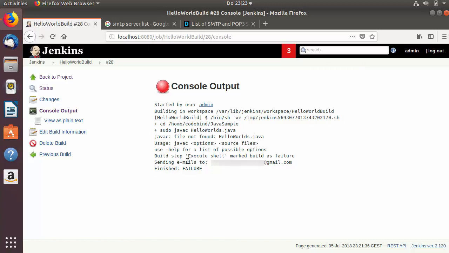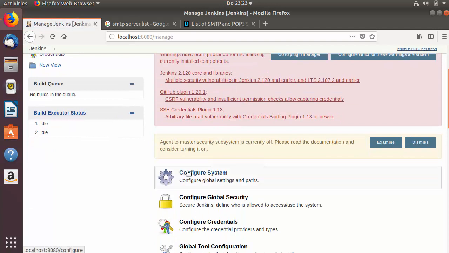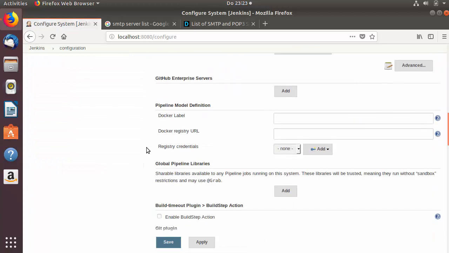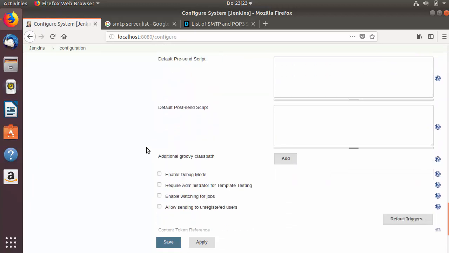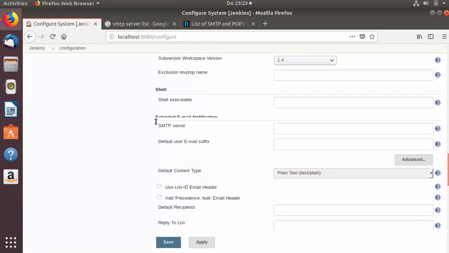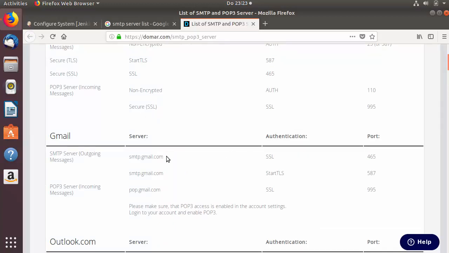The more advanced way can be by installing some plugin related to email notifications. So you can once again go to Manage Jenkins, and we have already installed a plugin at the time of installation, which is Editable Email Notification, right? So I'm going to just scroll down where I will find Editable Email Notification, which is this option, this one. And here also you can give the same options. For example, for SMTP, you will be able to give